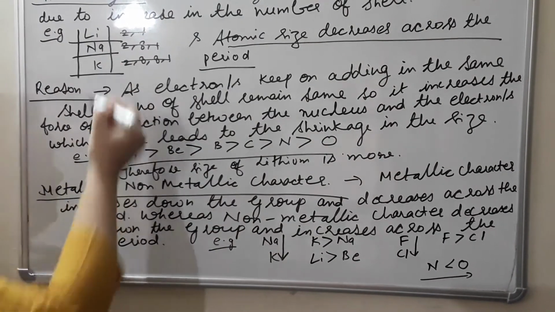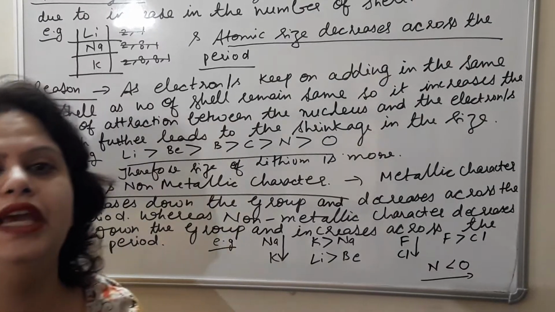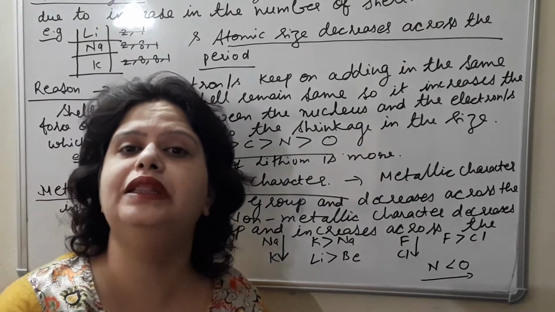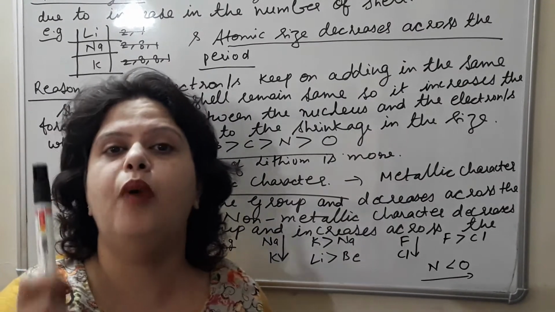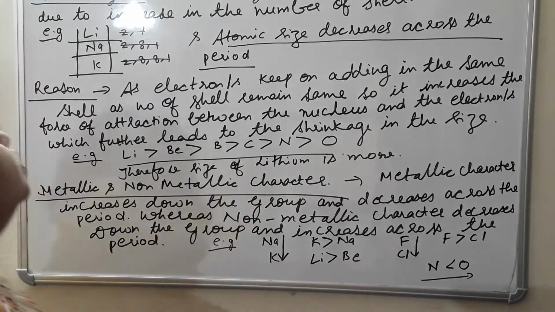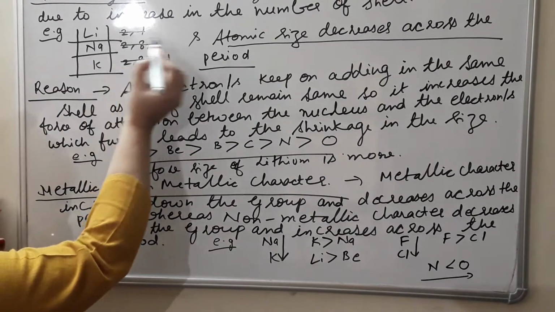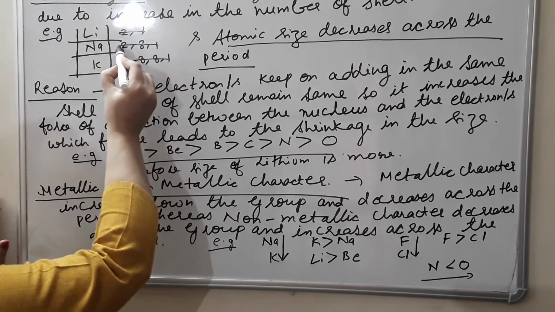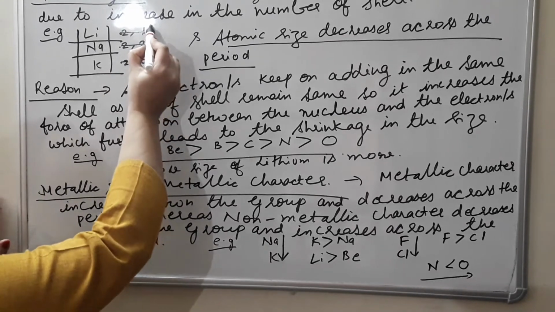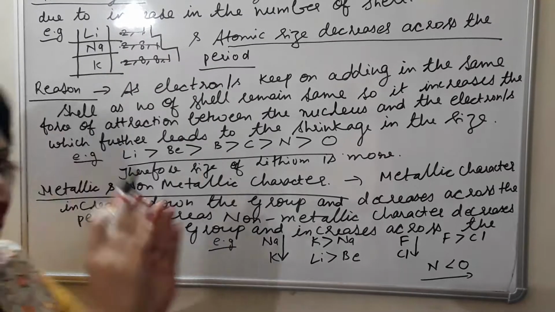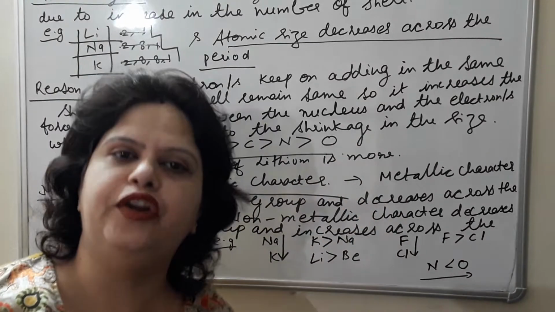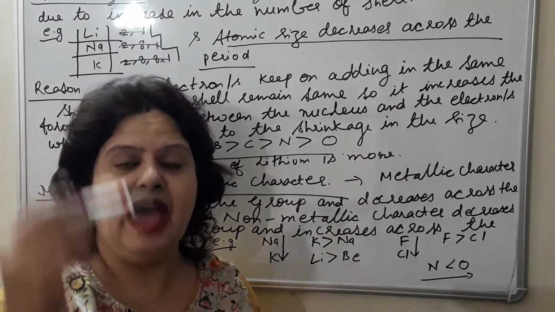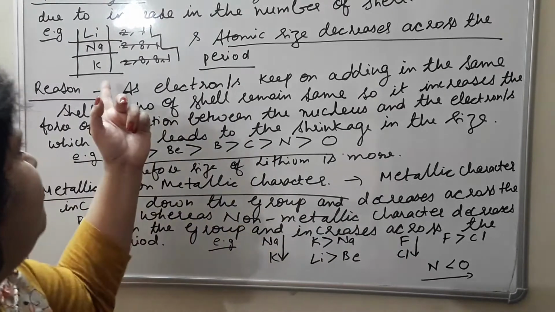All these three highly reactive metals are placed in group 1 or 1A of the modern periodic table, as all these three elements have one electron in their outermost shell. So as we move down the group, due to increase in the number of shells, see this is the distance from here to here. So due to increase in the number of shells, you can see the atomic size, or atomic radius, also increases. So this is how it varies as we move down the group, that I have shown you.